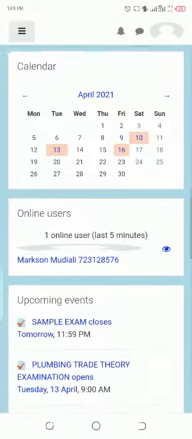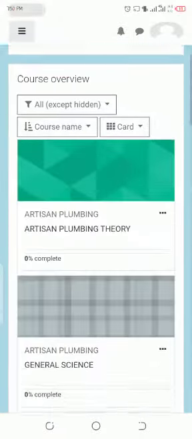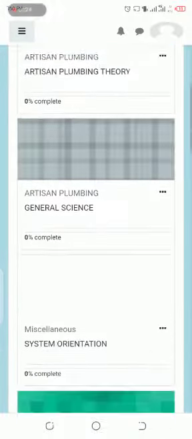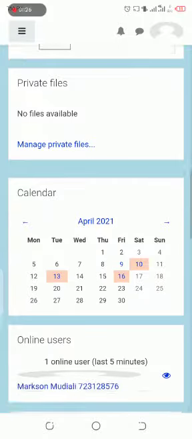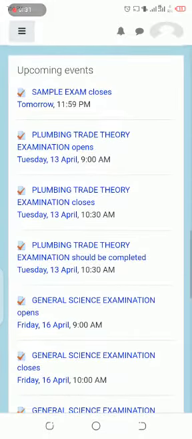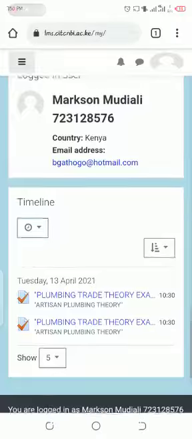And then number one, this is how the page looks like. It has the different courses or the different units that you are taught. It has the upcoming events. Under the upcoming events, it's going to indicate, like an announcement, the different exams that you're supposed to sit for